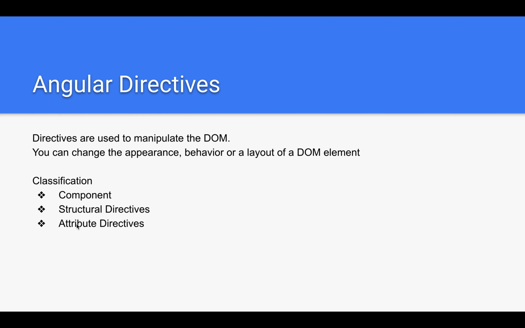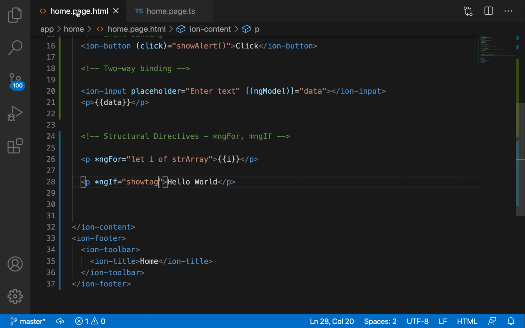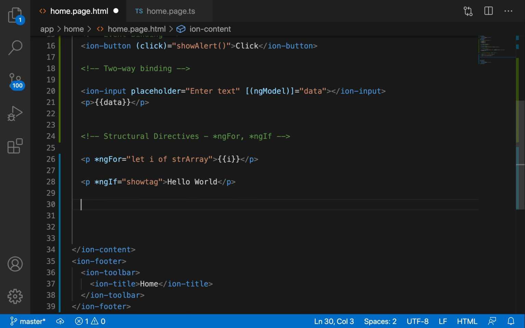And the last one is attribute directives. Now I can show you some attribute directives here.